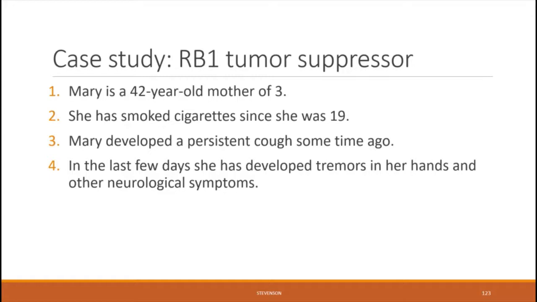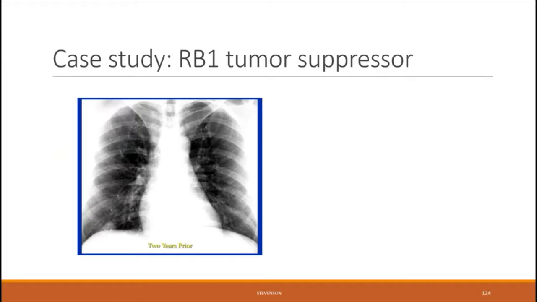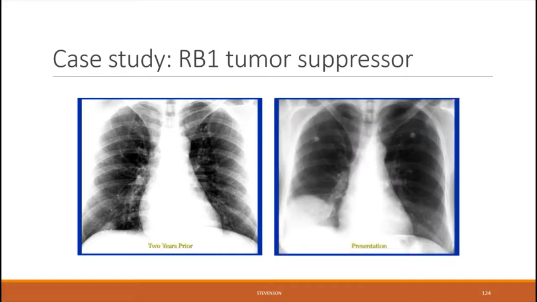But what was concerning for her and what brought her to the doctor was that she developed a persistent cough some time ago, and in the last few days she had developed tremors in her hands and other neurological symptoms. In this case study, they explained that she went to the doctor, and although her lung x-ray from 2 years prior had been clear, her x-ray upon this visit showed a tumor, which can be seen in the left-hand side